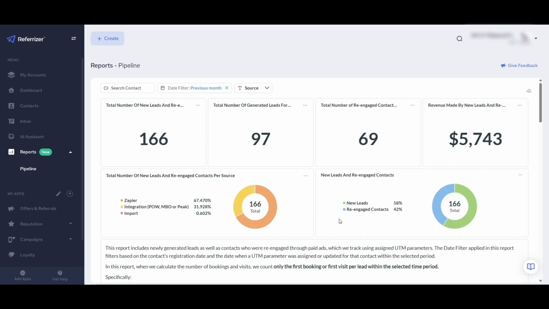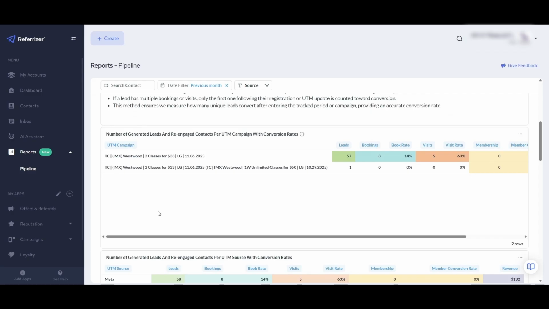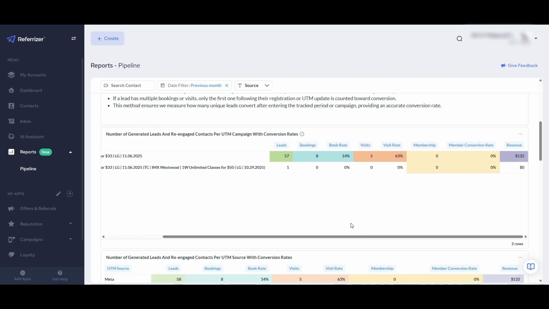On the other hand, if re-engaged contacts are very high but new leads are lagging, that's a sign your acquisition campaigns from Facebook, Instagram, Google Ads, etc. need more attention. Let's dive into UTM campaign performance. The first table breaks down each UTM campaign by leads, bookings, book rate, visits, visit rate, memberships, member conversion rate,